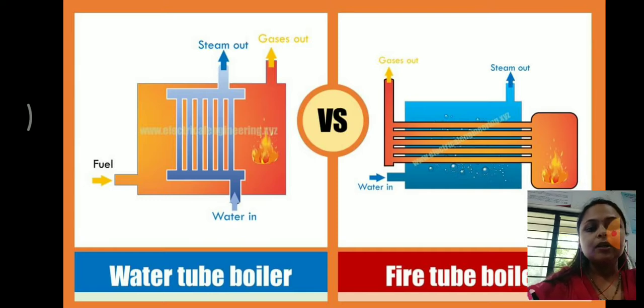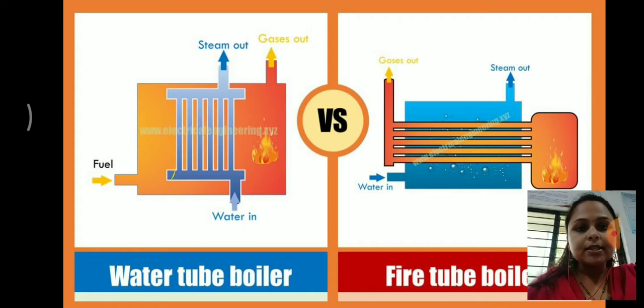In this figure, you can see the general difference between the water tube and fire tube boiler. In the water tube boiler, you can see this pipe showing the water passing through it, and this pipe is surrounded by the flue gases. Here we can see fuel is burned, and from the fuel, flue gases are entering into this shell, and this shell consists of this water tube. From here water enters into this tube.